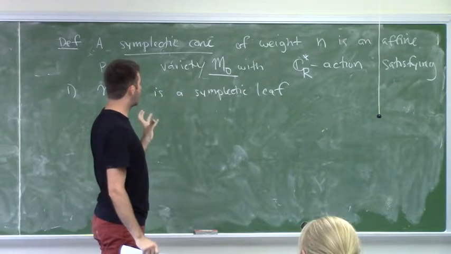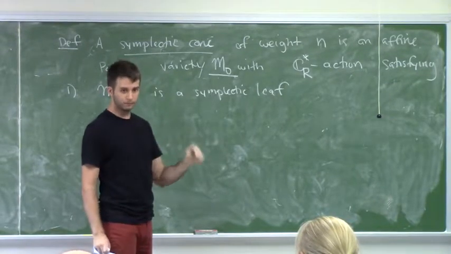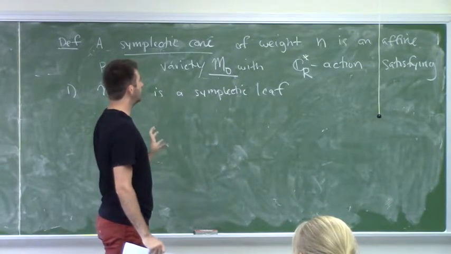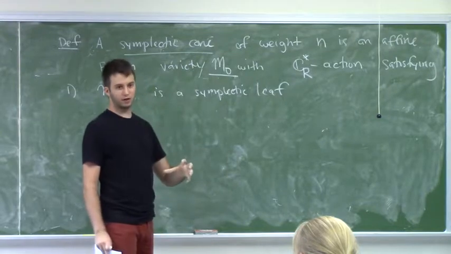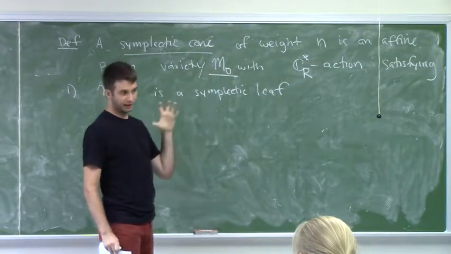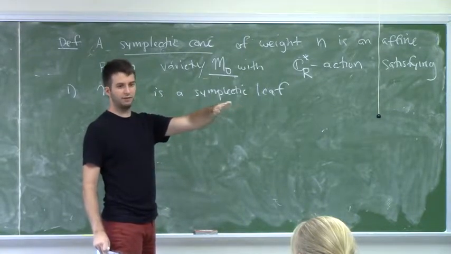If you have a Poisson variety, it just means that its functions have a Poisson bracket. And given a function on a Poisson variety, you can use the bracket to turn it into a vector field, basically just by bracketing with that function. It'll be a derivation, and it's a vector field. And then you can solve the ODE given by that vector field